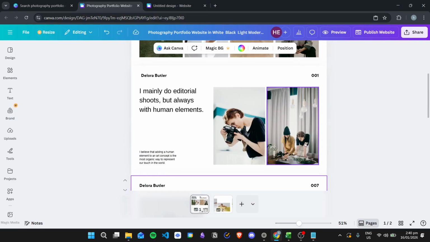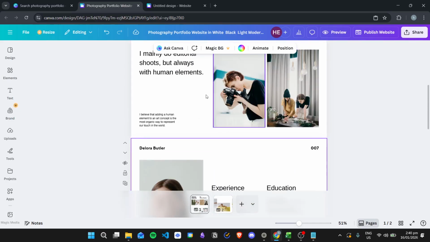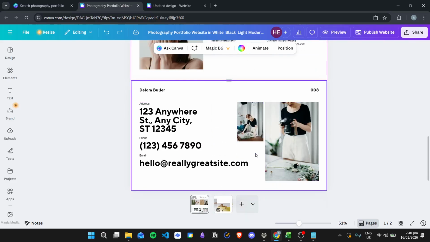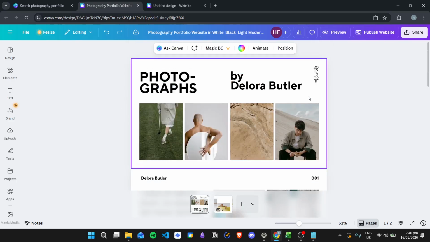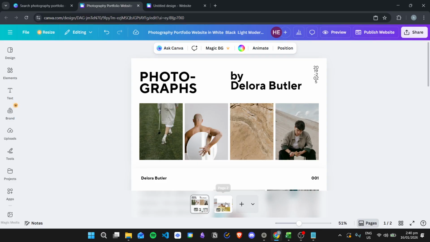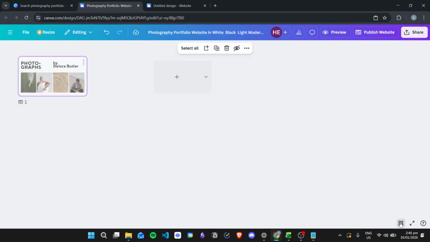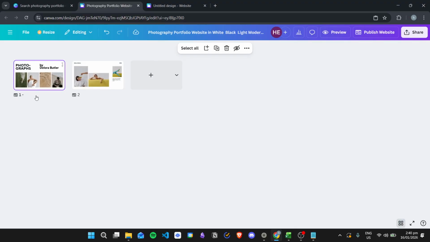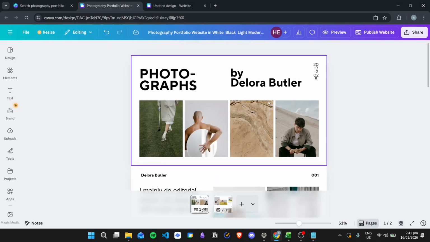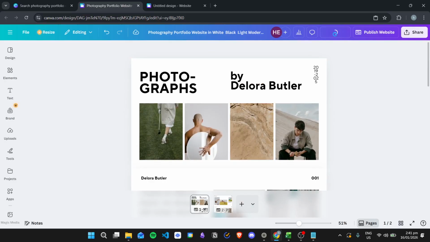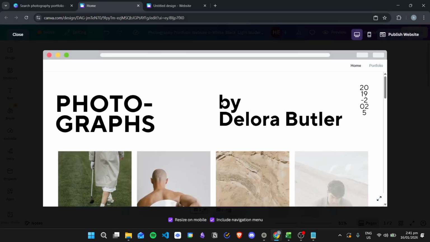And then we now have the intro and then the about section and then a contact section right here. And then what you can do is that you can name your page right here from the grid view. So let's say this is the home page and then this is the gallery, or you can also name this portfolio. And then what we can do is that we can click preview and then we can see the website from